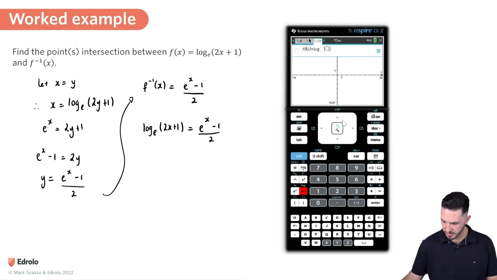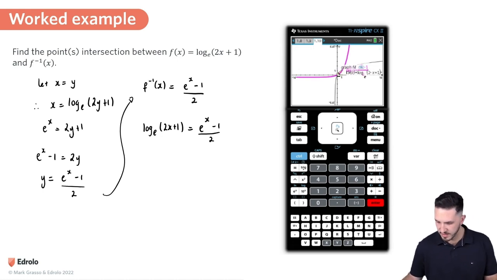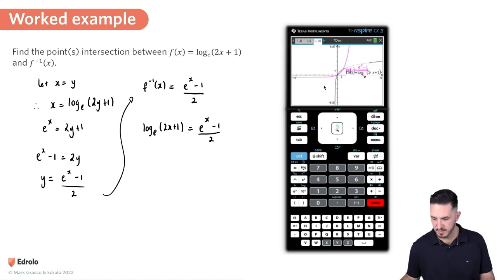So control log e, where are you? There you are, 2x plus 1, and then press enter. Then now we want to also put in our inverse function, so it's e to the x. There we go. So in fact, if you notice, we actually have 2 points of intersection, so it's always good